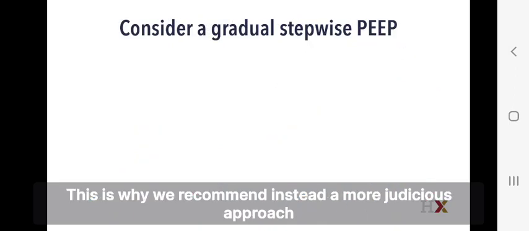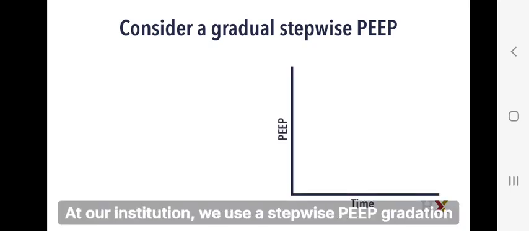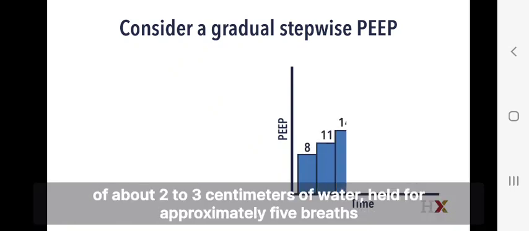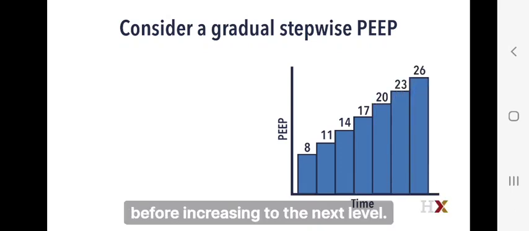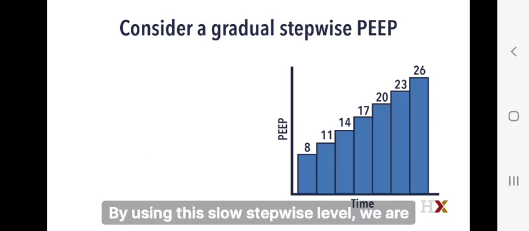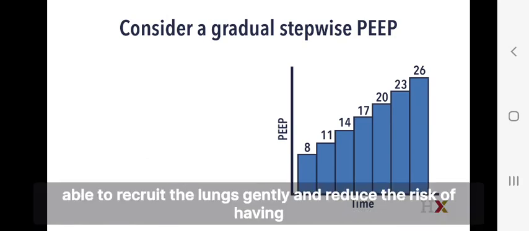This is why we recommend instead a more judicious approach to increasing the PEEP. At our institution, we use a stepwise PEEP gradation of about 2 to 3 centimeters of water held for approximately 5 breaths before increasing to the next level. By using this slow stepwise level, we are able to recruit the lung gently and reduce the risk of having